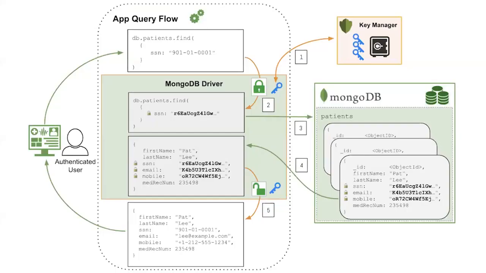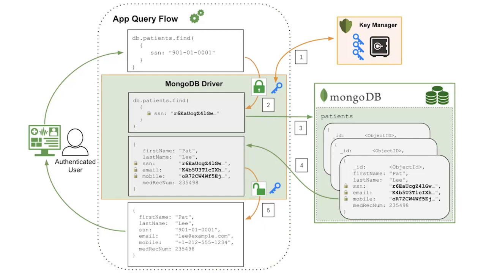Thanks, Matt. Yeah, so let's take a look at what this means from a developer's perspective or from an architect's perspective. And then we'll drill in a little bit into some of the specific configurations and the step-by-step process of how this works, and then some of the mechanics under the hood. So at a high level, what this flow is showing is, let's assume we've got a sensitive application, maybe a healthcare application or something of that sort. So we've got an authenticated user on the left side that has been cleared to access the application.